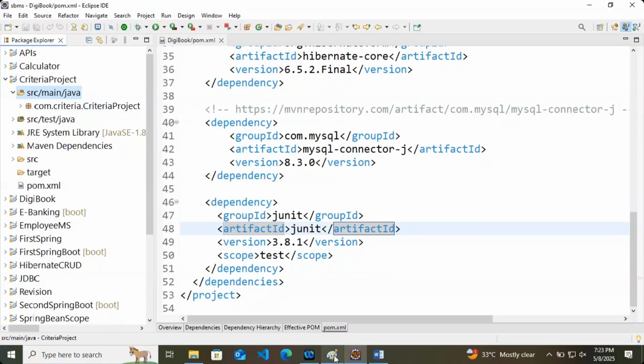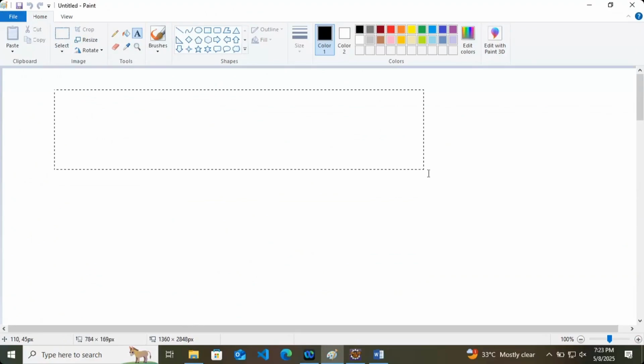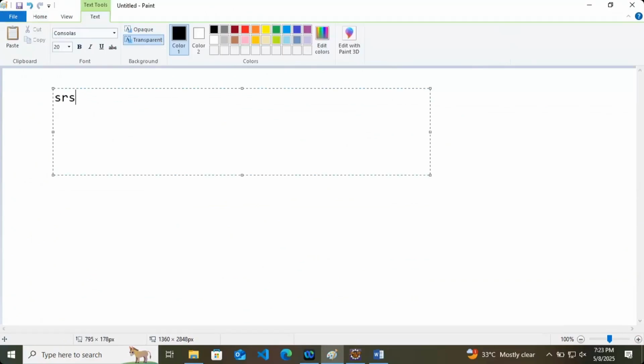Just for an example, your project structure is looking like this: src main java. Now this is called your class path. Inside this, let's say you have a package com.digibook, and then you have created another package com.digibook.entity.